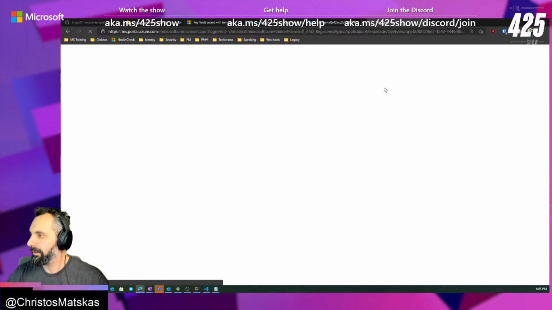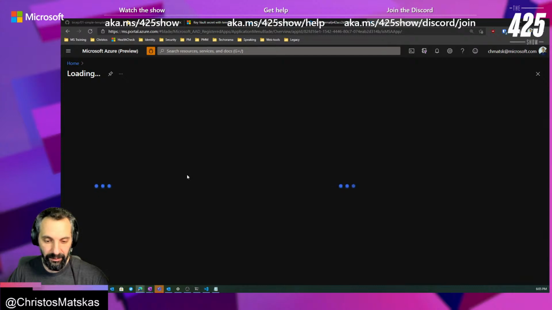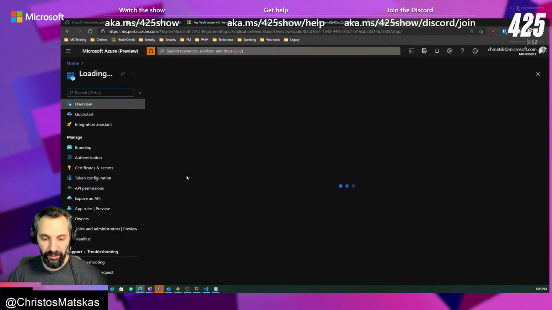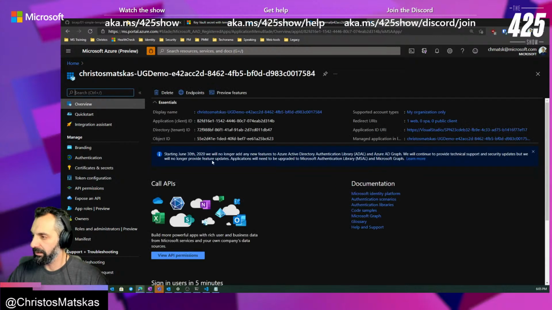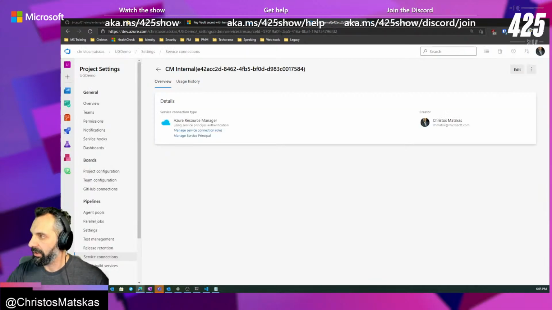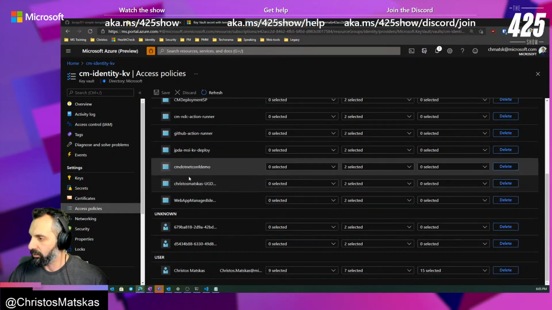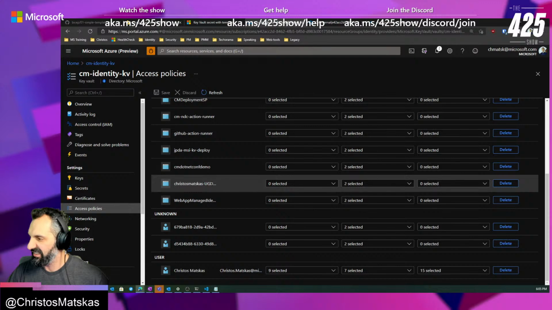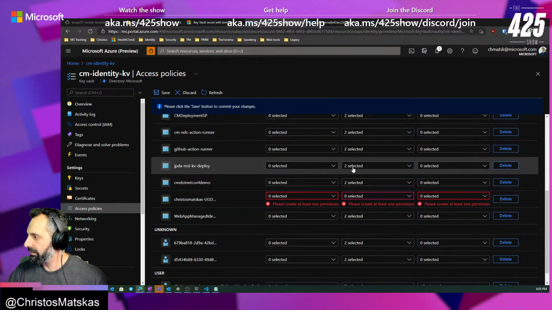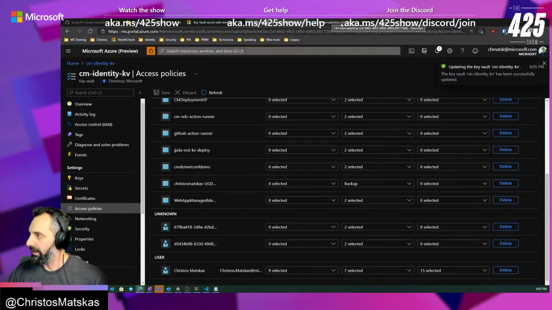I mean, we can easily validate that. It only needs an SP or login. Okay. So here it's using this application ID. Yeah, display name UG demo. Okay, good. So here now, if I go and screw up my permissions for this one, if only it would show me. And let's change that to be, okay, backup. I'll save this, and now if I run my deployment,